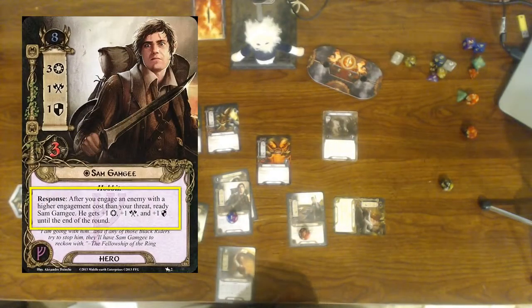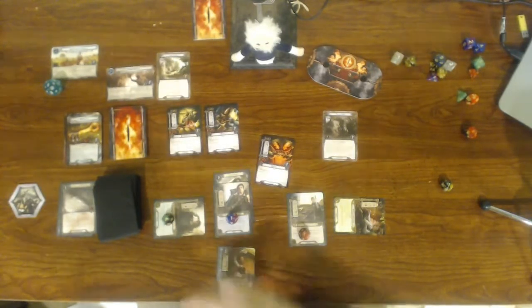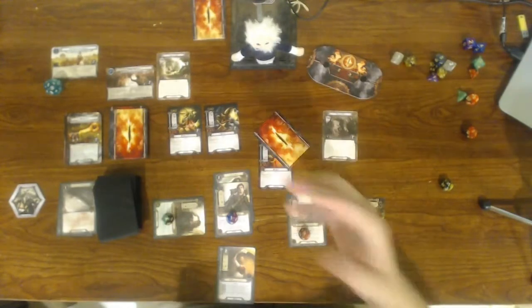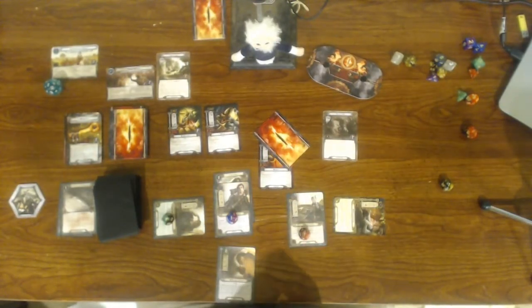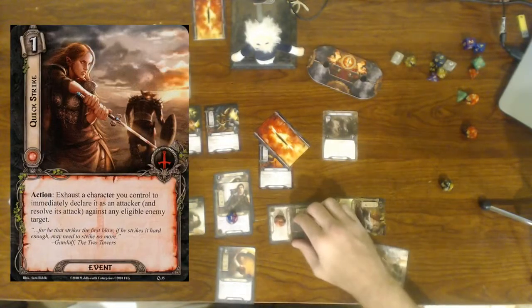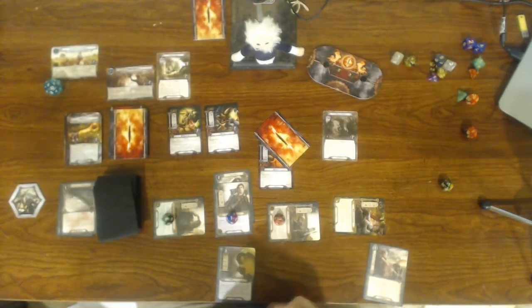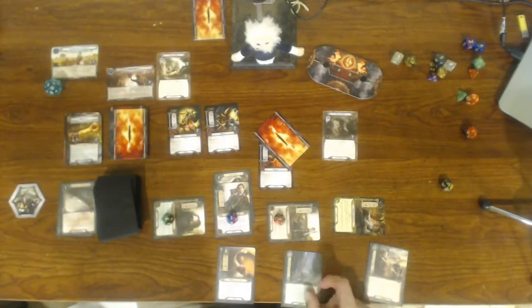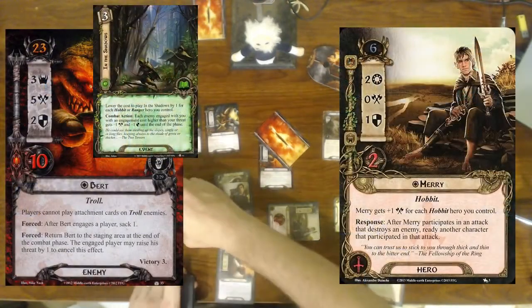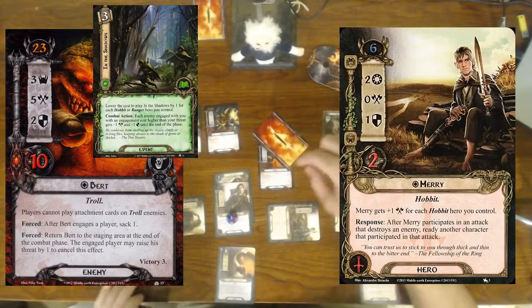Now, I'm going to try to kill this guy in one fell swoop. I don't know if I can do it or not, but I'm definitely going to try. So I'm going to deal a shadow card to this guy. Okay, so now I'm going to take an action. My action is going to be Quick Strike. So that means I get to exhaust a character and immediately declare him as an attacker. Okay, not only am I going to do that, I'm also going to play In the Shadows for 0. And then by playing In the Shadows for 0, that gives him